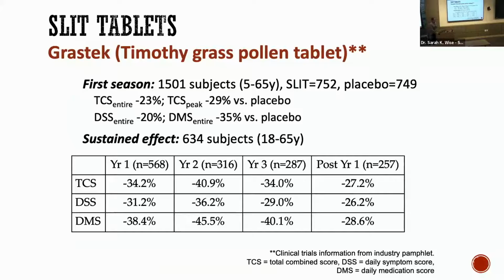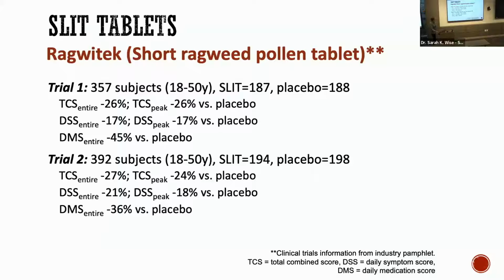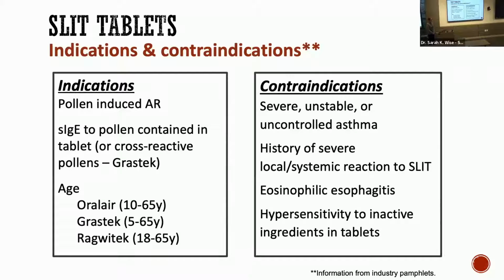This is the Timothy grass, some of the data from there. So they looked at the first season in which the patients were treated and then the sustained effect over 3 years, as well as post-treatment, when the patients were finished with their immunotherapy. And you can see that in the bottom, so this is combined score, daily symptom score, and daily medication score, and all of those numbers across the board, the years of active treatment and post-treatment, were significant. The ragweed tablet mirrors this very similarly, although the magnitude of effect is a little bit less than with the Timothy grass. So those were the studies that came together to get the indications for the SLIT tablets